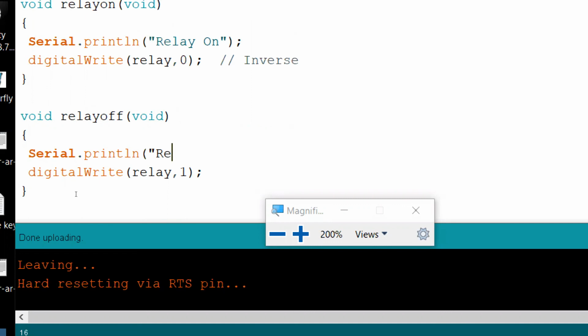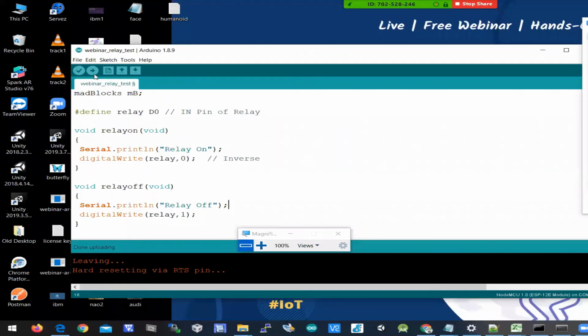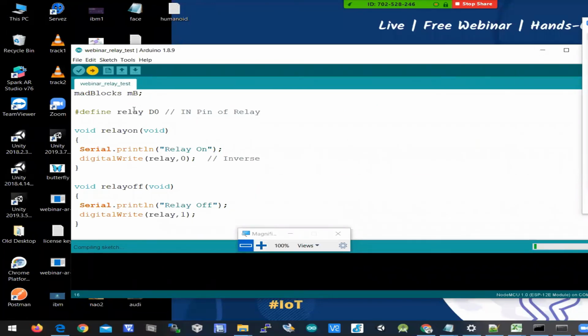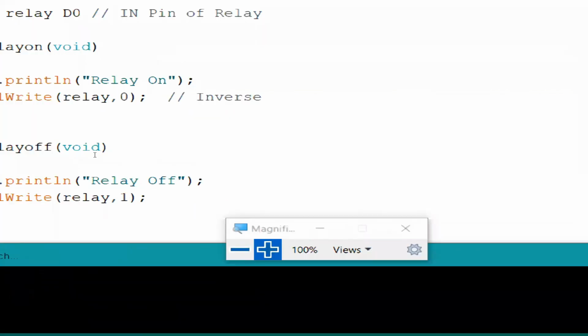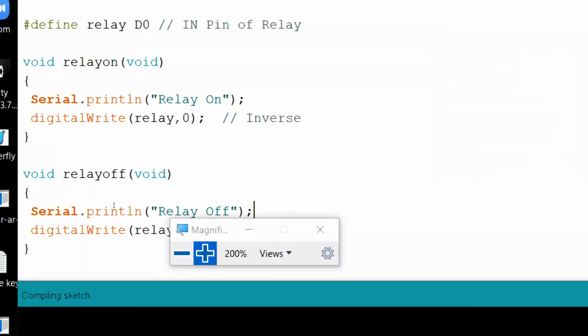Since you are not having any hardware, I wanted to simulate this. I'll upload this. So print statements will be printed when relay is on and off accordingly, so that we can assume that yes, relay is on and off.